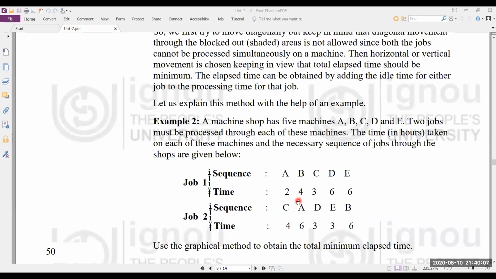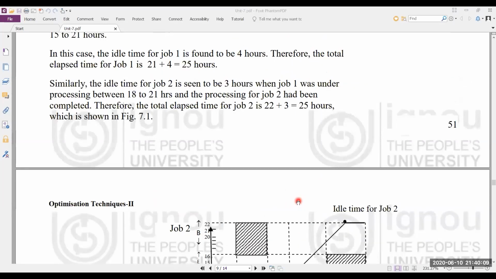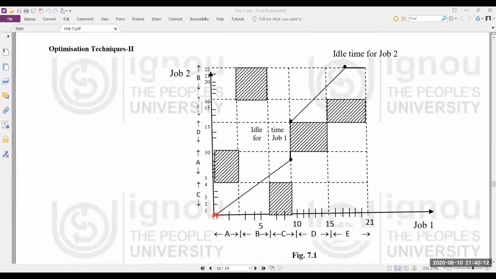It means that if we find the elapsed time through job A, first of all we take 21, and we have to add the idle time of job 1. So what is the idle time of job 1? This to this is the idle time of job 1, because it is just moving vertically, and if it is moving vertically, it means that job 1